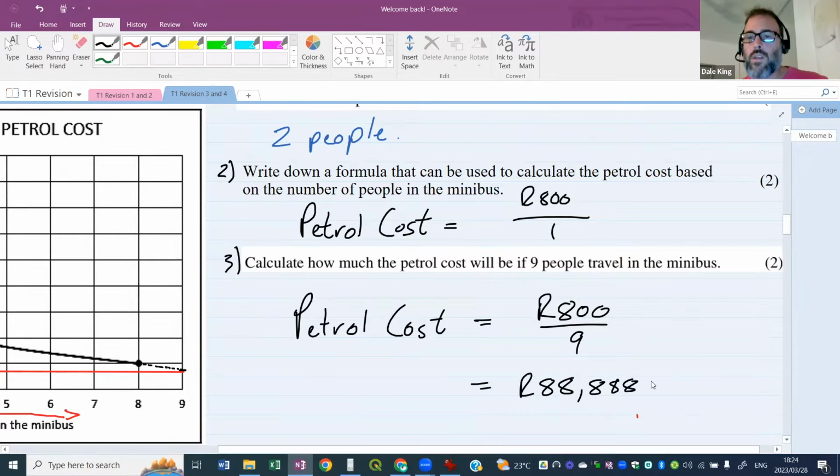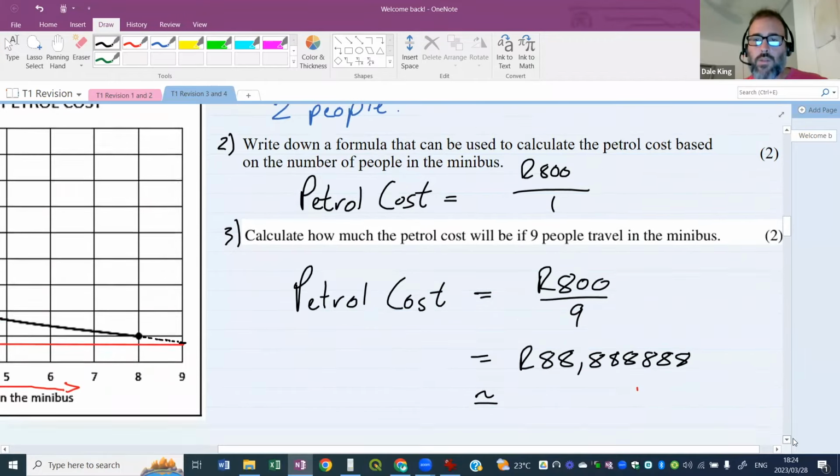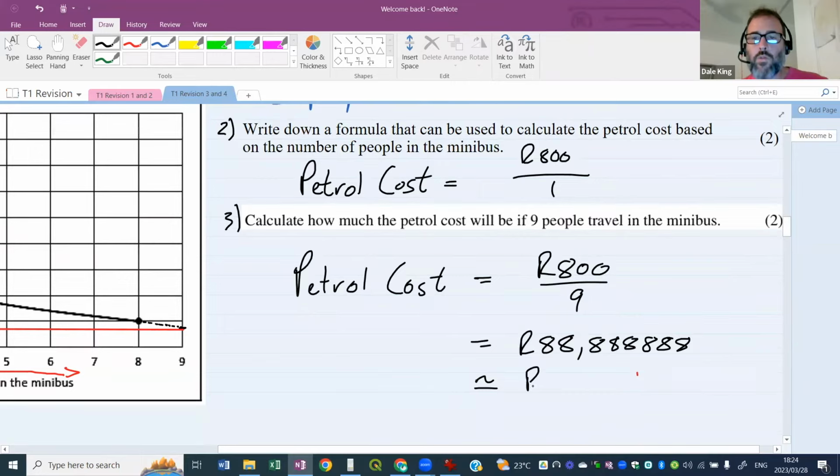Put a whole lot of 8s here. And then I'll show the little funny equal sign that we use to show that we're rounding off. All right, so it's 88,89 Rand. Okay, so comparing my graph estimate, I said 75, and the formula is giving a much more accurate